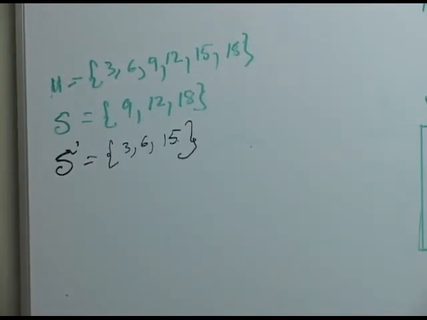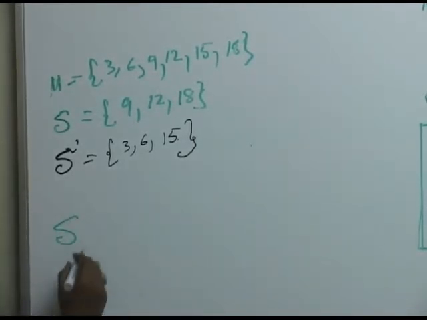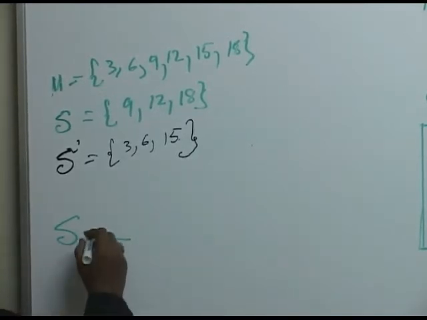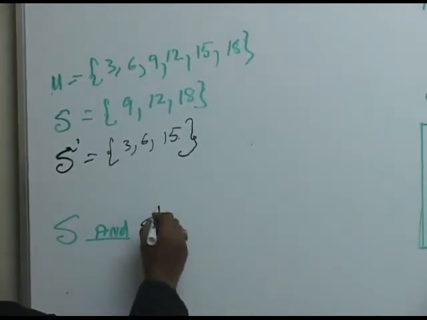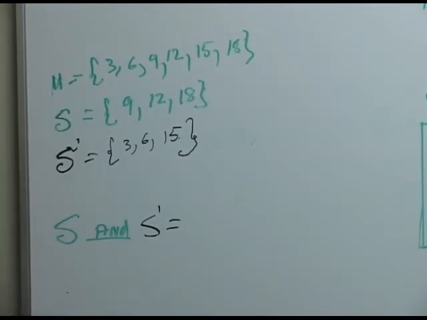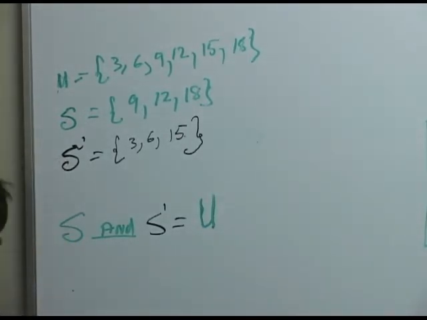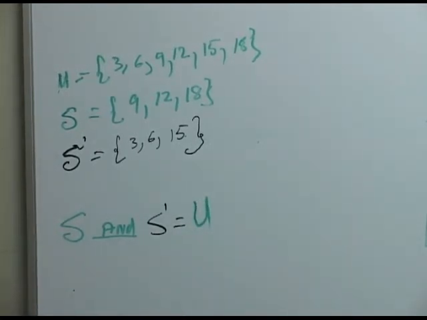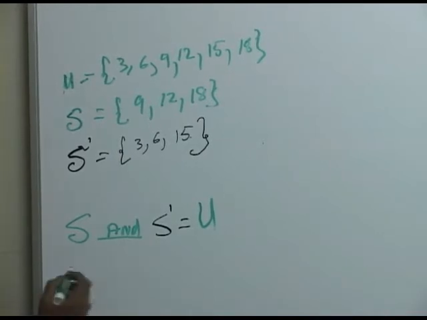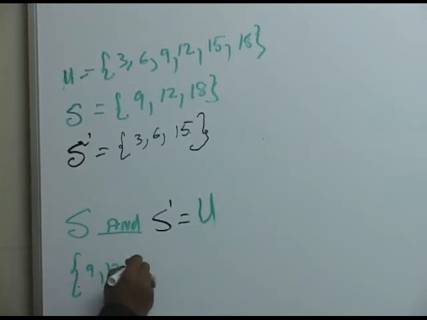So that if we had to join our S and S complement, that would have been equal to our universal set. Okay, that would have been equal to our universal set. So we would expect then the set 9, 12, 18